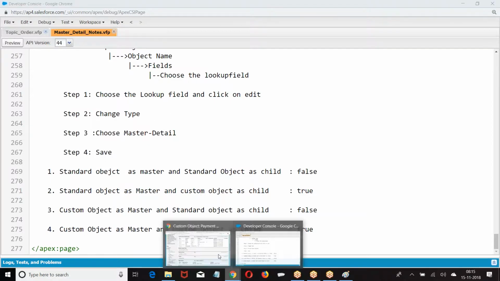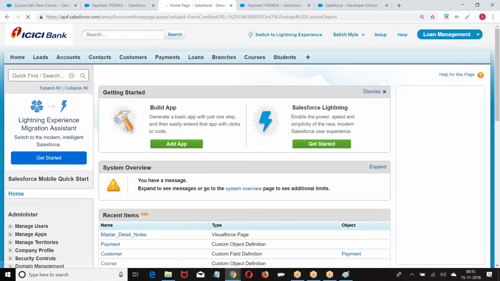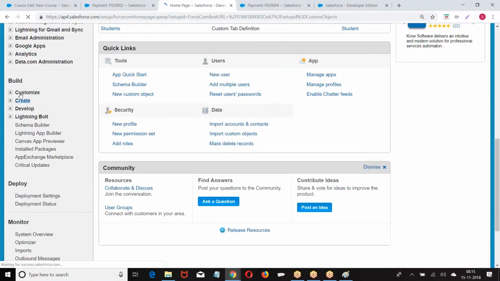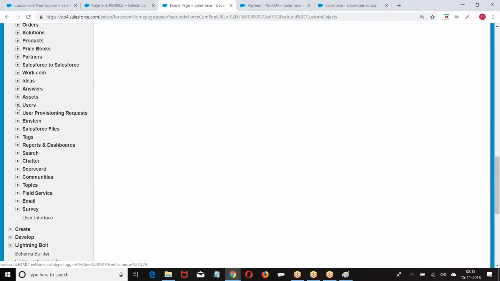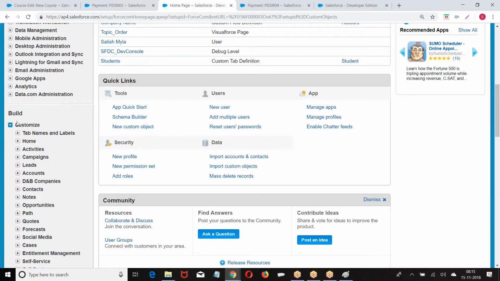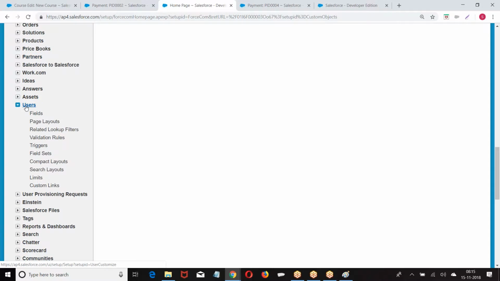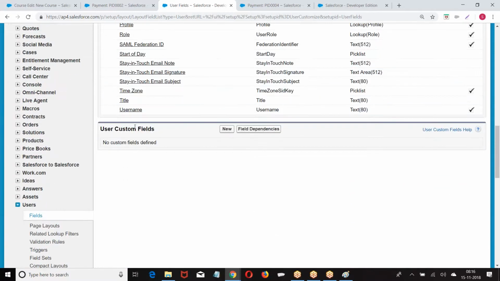Let me show you this. Setup, build, customize, users. Then we have fields, user custom fields, new.